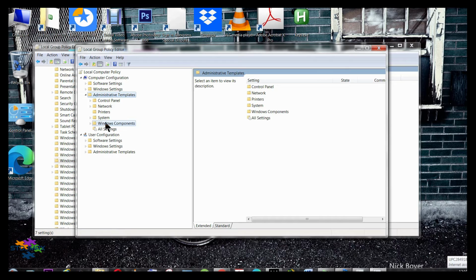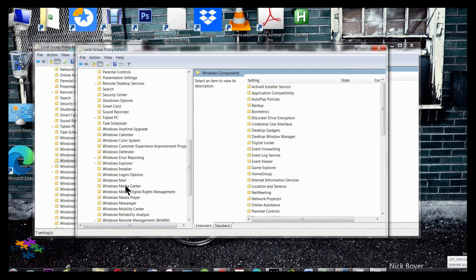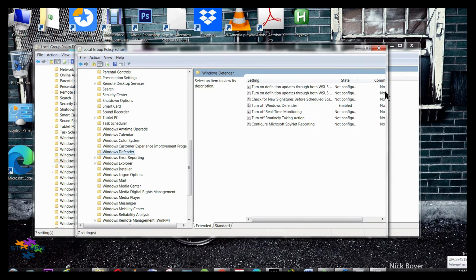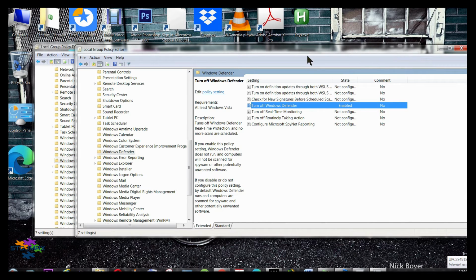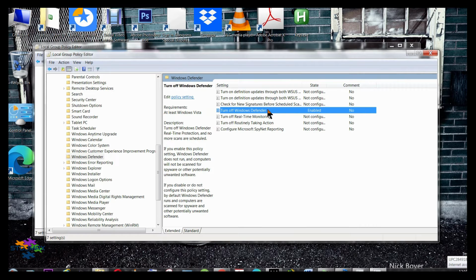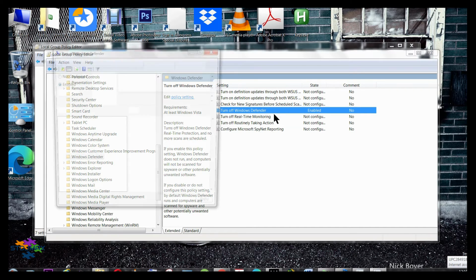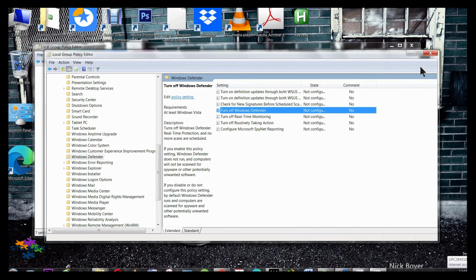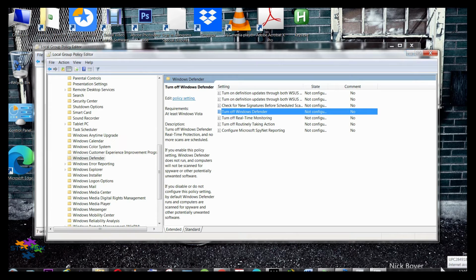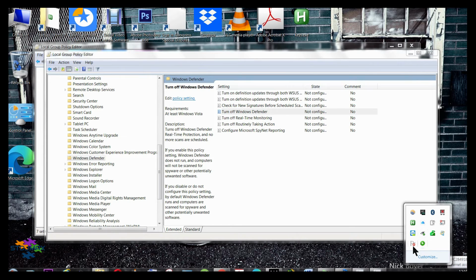administrator templates, Windows components, so you're going to select Windows Defender, and you're going to see that it's enabled to be turned off. So remove this, edit. We don't want that. Okay, and try again. So go on these windows,